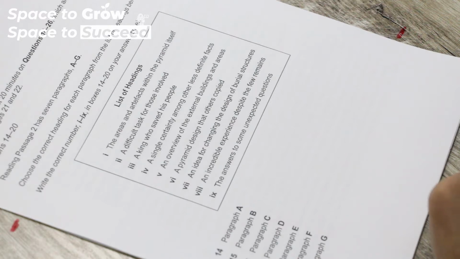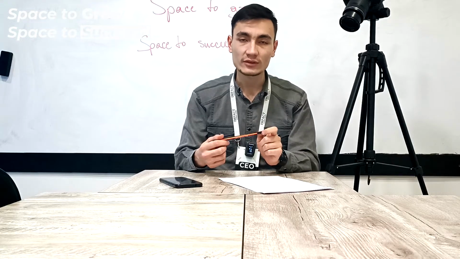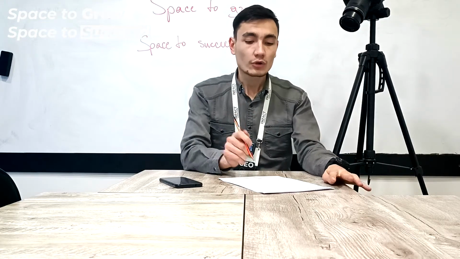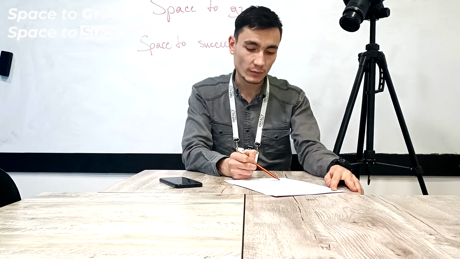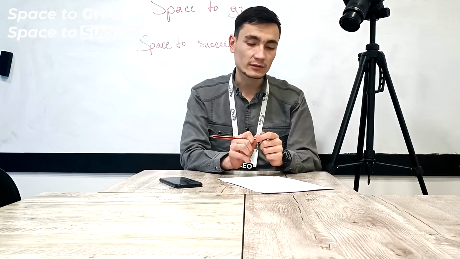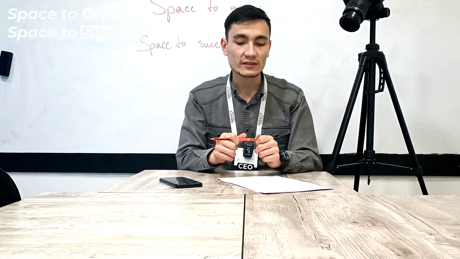And what you have to do here is basically, let's just start with what you shouldn't do. Well, look, you shouldn't read the list of headings, because let's just see, we have questions 14 to 20, meaning we have 7 questions probably, and we have 9 options. Sometimes we are lucky in this part, because sometimes we will have 4 questions and 9 options, or 8 options, or 7 options, like double as many options, meaning that for each correct answer we have 1 incorrect answer. So it will make our work extremely hard to accomplish.